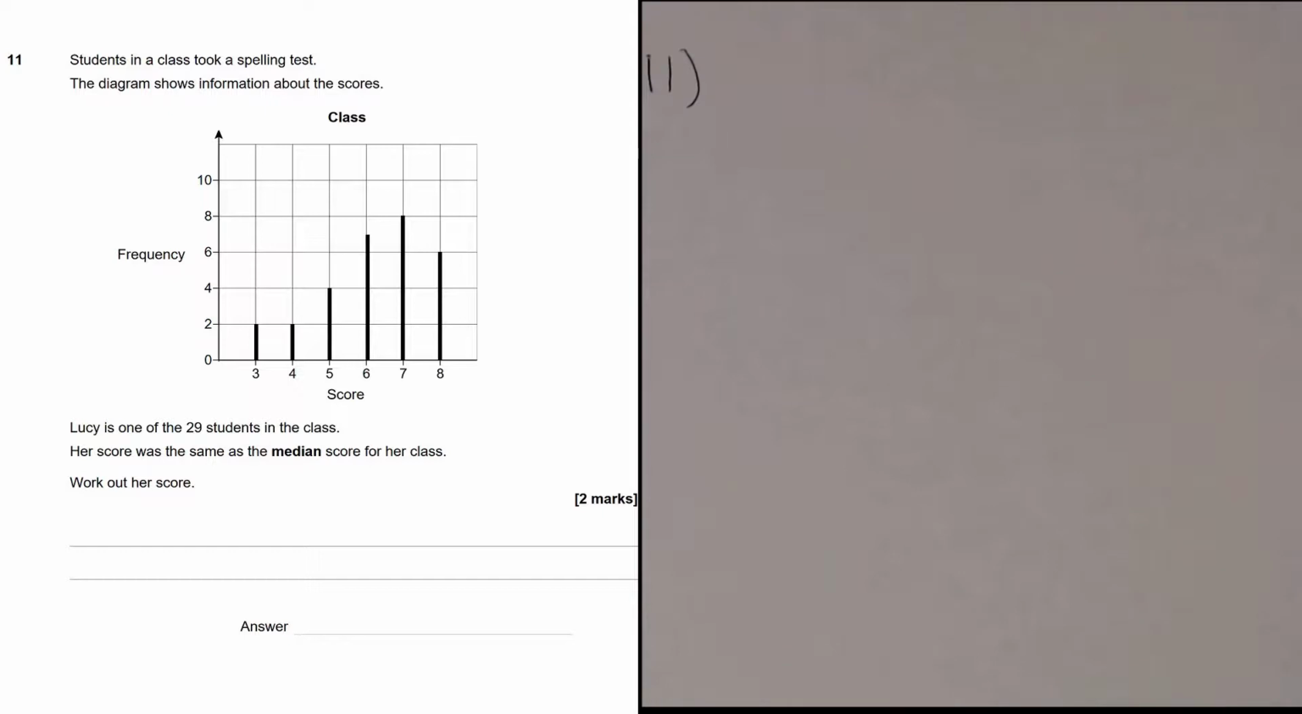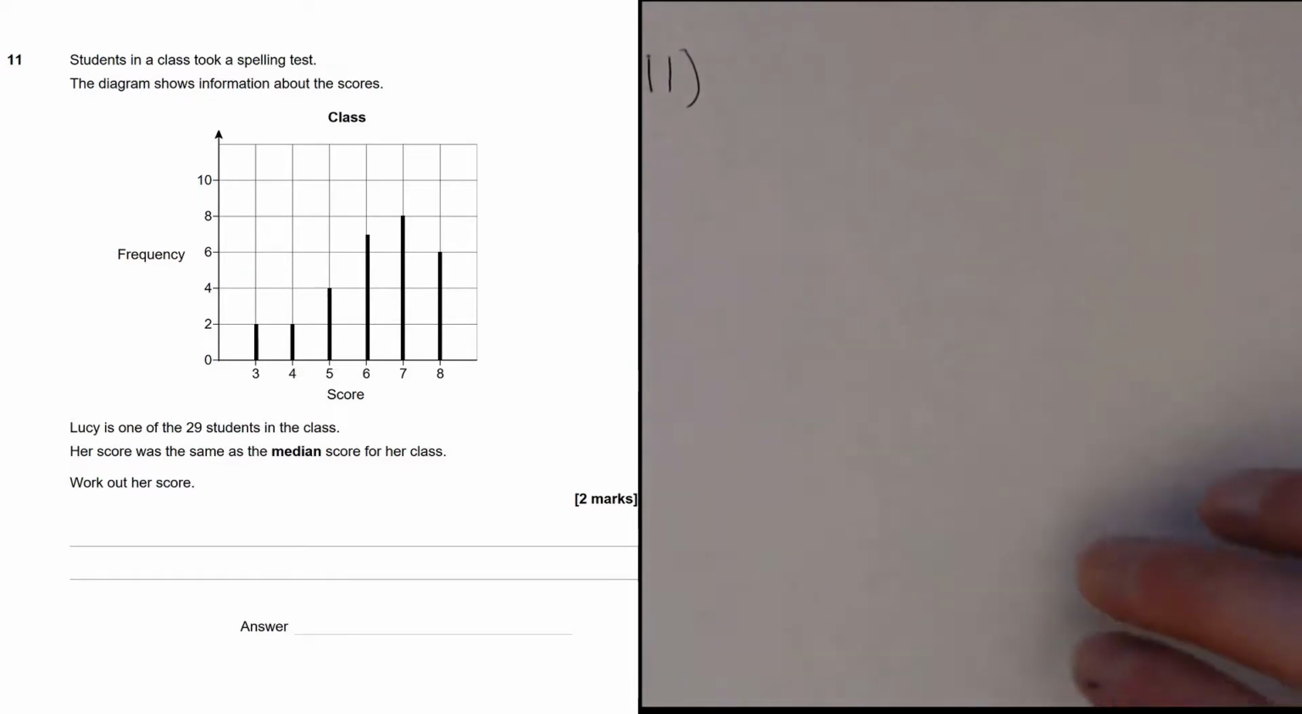In question 11, we are told that students in a class took a spelling test, and the diagram shows information about the scores. We are told that Lucy is one of the 29 students in the class, and her score was the same as the median score for the class. And we need to work out her score. But what do we need to do here? Well, the median